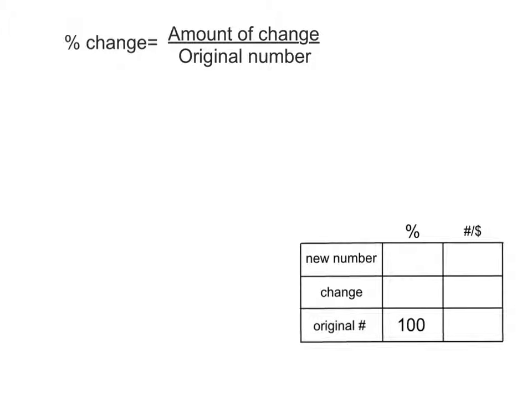This video is designed to help you with changing a percent or finding a percent change. It can be used for a lot of applications such as markup and discount or profit and commission kinds of problems. We're going to start with a basic one which says suppose you start